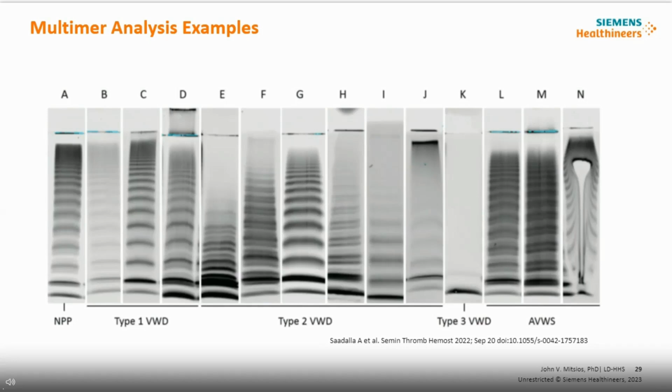In column C, this result represents a type 1C. I talked about that before, where type 1C indicates increased clearance of von Willebrand factor. In columns E and F, very similar, we differentiate between type 2A and type 2B. Again, if we really want to make that distinction, we can also activate platelets using low-dose ristocetin to differentiate 2A from 2B. In column J, you have patients who have type 2M, and now we have a normal